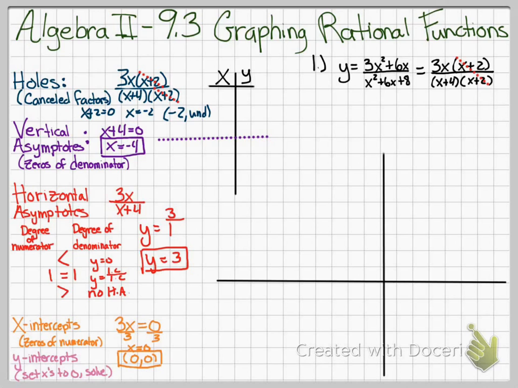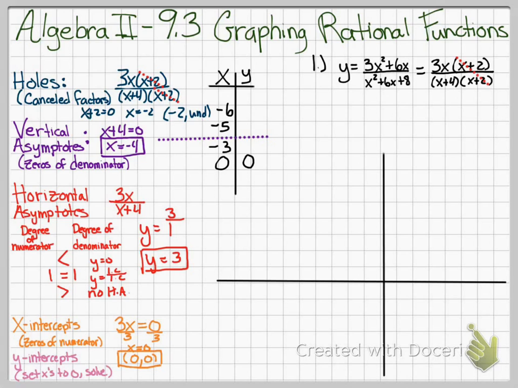So if I'm going to pick points, I would say let's do 2 that are less than -4 and 2 that are greater than -4. So less than -4 might be -5 and maybe -6, and greater than -4 maybe -3,